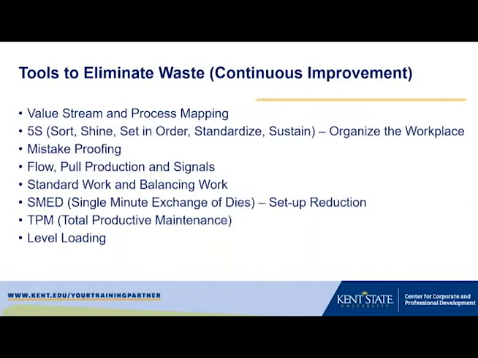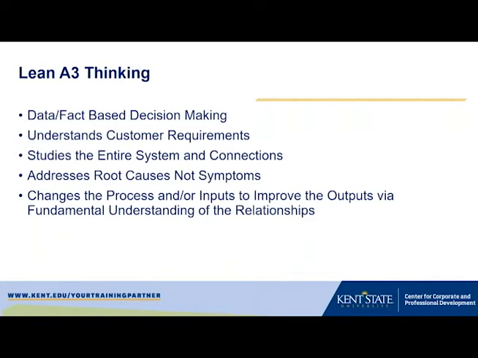And on the handouts that you have, the second page of it is actually a table that tries to identify the different tools that you would use based on the form of waste that you observe. And all this is being attacked through this process of lean. We call it A3 thinking. The reason why they use A3 is that A3 is a paper size. It's about an 11 by 17. And the idea here is that you should be able to communicate your thinking concisely enough to be able to summarize it on one sheet of paper of that size.